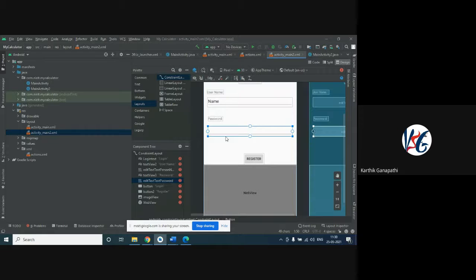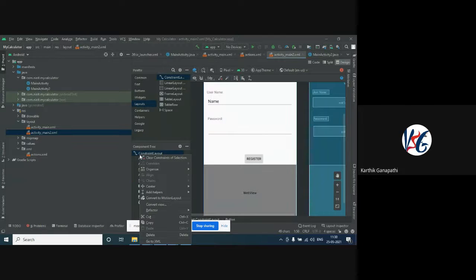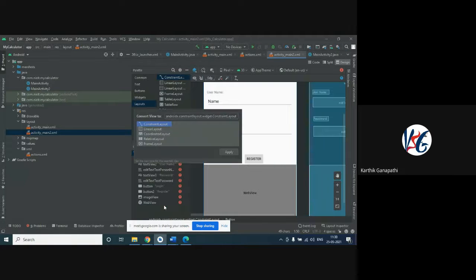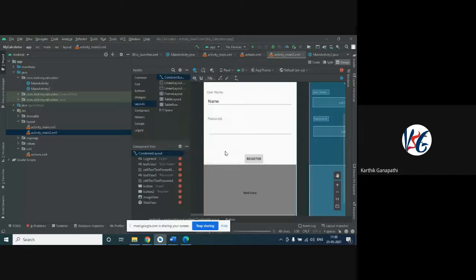By default it shows the constraint layout. If you are not using constraint layout, we can change it to some other layout using convert view. For example, let me change this to relative layout. Let's see what happens.